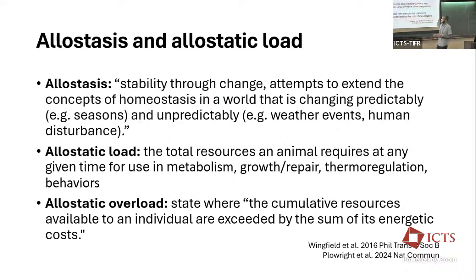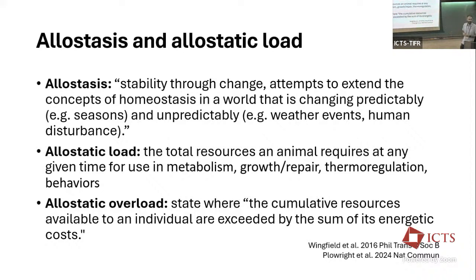So there's a couple of concepts that get used in the literature when talking about stress and its relationship with the immune system. And those are allostasis and allostatic load. Allostasis is the analog of homeostasis, right? Where an animal is doing everything to regulate these internal processes. But allostasis is finding stability as an organism through change, through adaptation. So it's extending this concept of homeostasis in a world where things are changing all the time.